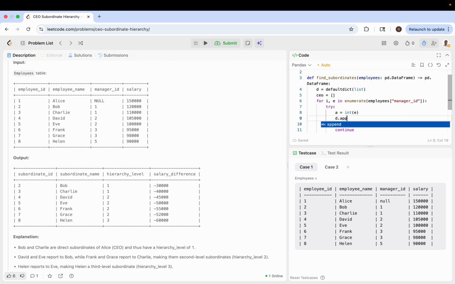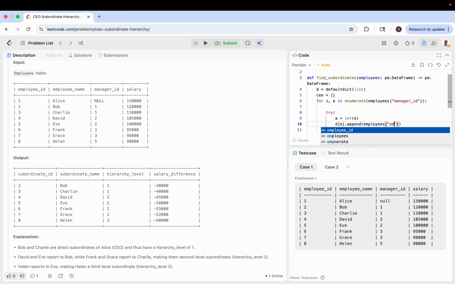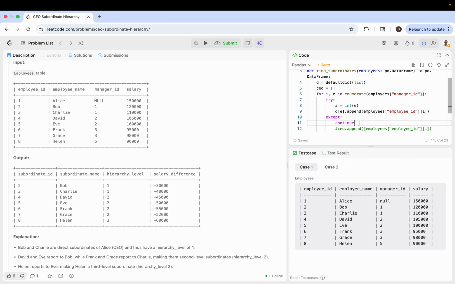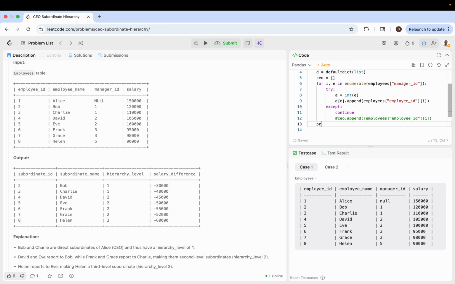We can just say d dot, we're going to use the manager ID. Okay, so d[manager ID].append employee ID of I. I was just mixing up the employee ID and the manager ID for a second there. It's just confusing. Okay, anyways, otherwise we continue, and if we print our dictionary,